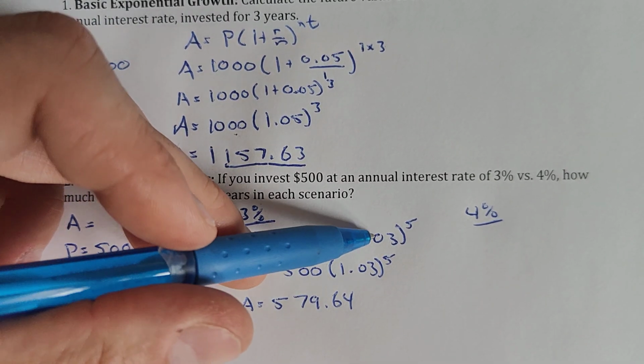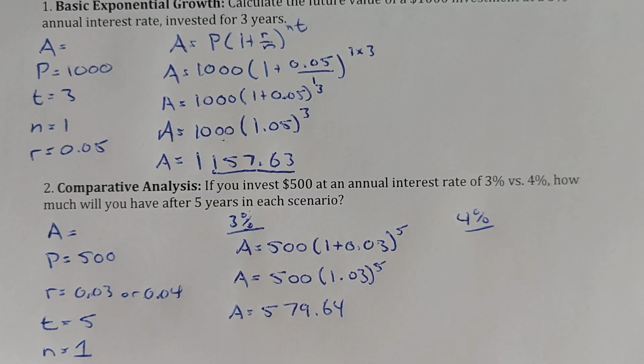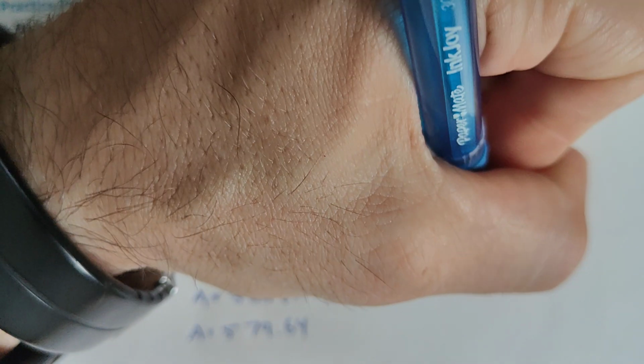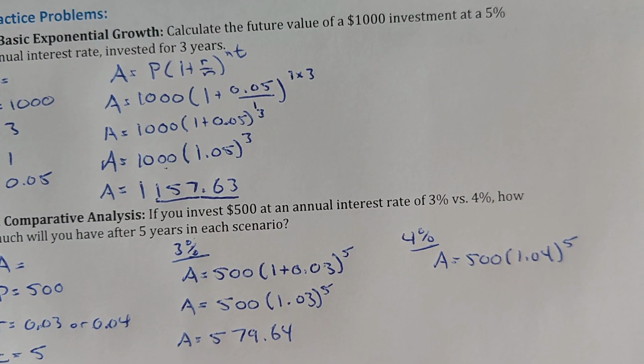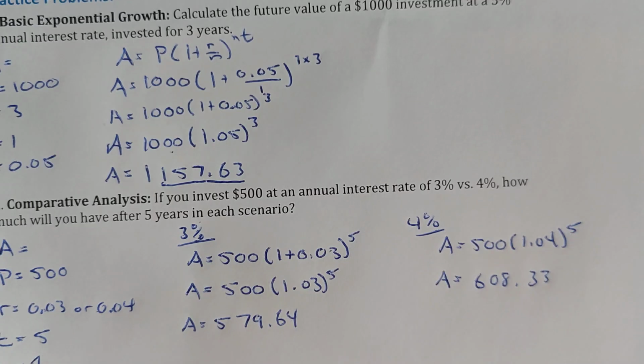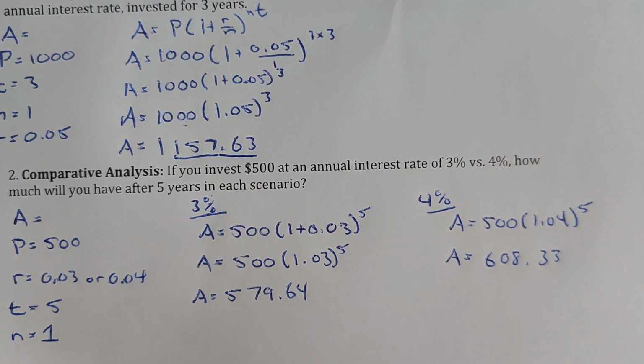We know that we're going to just change the 0.3 to a 0.4. And so when we add everything up, we're going to get 500 times 1.04 to the 5. If I take that and work it out, I get $608.33. And so over that 5-year period, on just simply $500, we've made an extra approximately $30, which doesn't seem